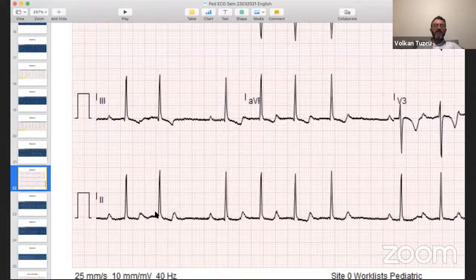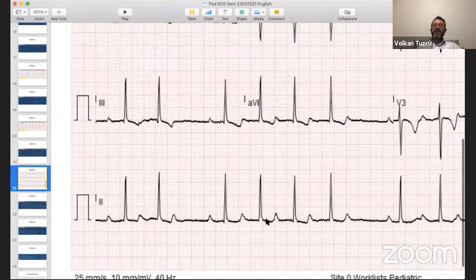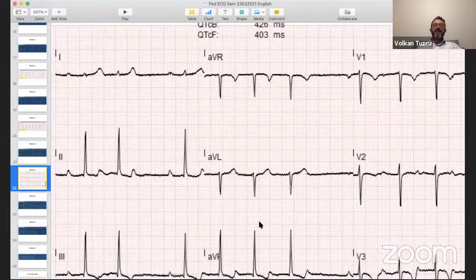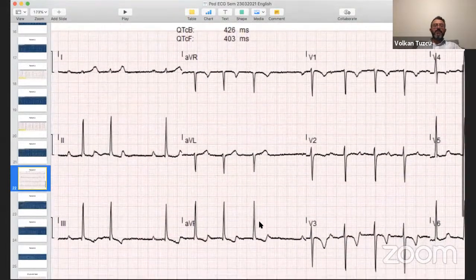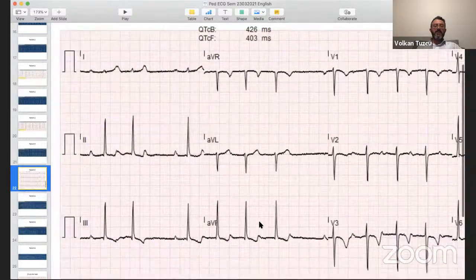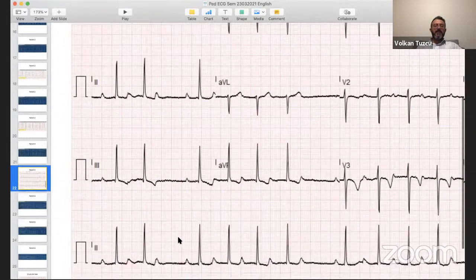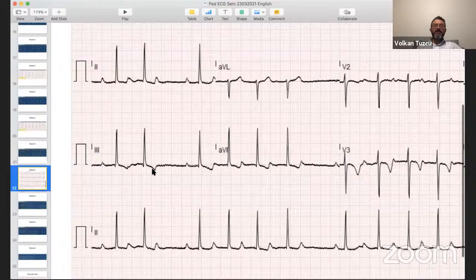But if you look at this again, 1, 2, almost 3, it seems like the PP interval is a little bit faster here compared to some areas. So either there's some atrial tachycardia, but there's a good chance that this is actually maybe just irregular sinus. So if you look at the different leads, we're trying to find a hint. And if you look at lead 3, one of you is actually pointing out that maybe the P wave is negative, right? But it also comes on a T wave.